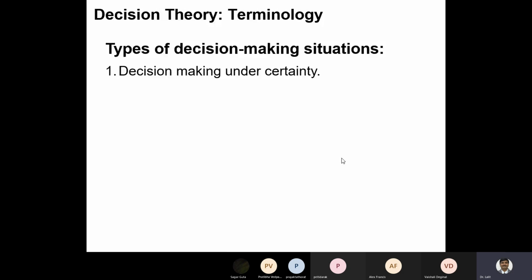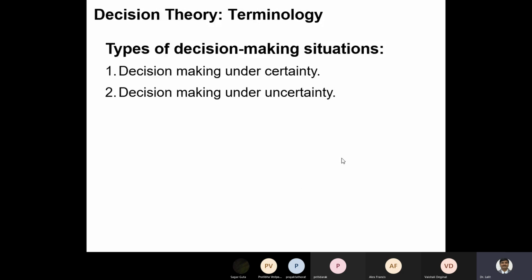If the decision maker knows in advance with certainty the upcoming states of nature, then decision making under this situation is very easy, because we obviously know what is going to happen, so the choice becomes obvious. We will not focus on any criteria related to decision making under certainty, because in fact there is no criteria. Obviously you will select the best course of action related with that particular state of nature.